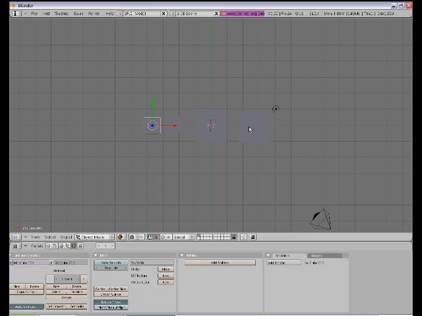Shift D. Over here, select with the left mouse button. You select with the left mouse button. Shift D again. And then size, grab, select, size, and then we grab with the G key. Then, for example, for the head, with the right mouse button, you move this selector, and wherever you put it,